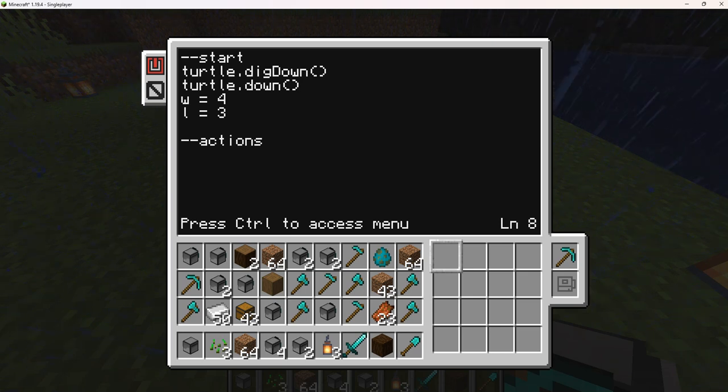Okay, so now we've already dug down, so we're going to go forward, and we're going to do X amount of actions repeated. So we can use a for loop. So for I equals 1, and then we're adjusting for that 1 square that was already dug. So we're going to put the width -1 do, then we're going to dig in front of us,